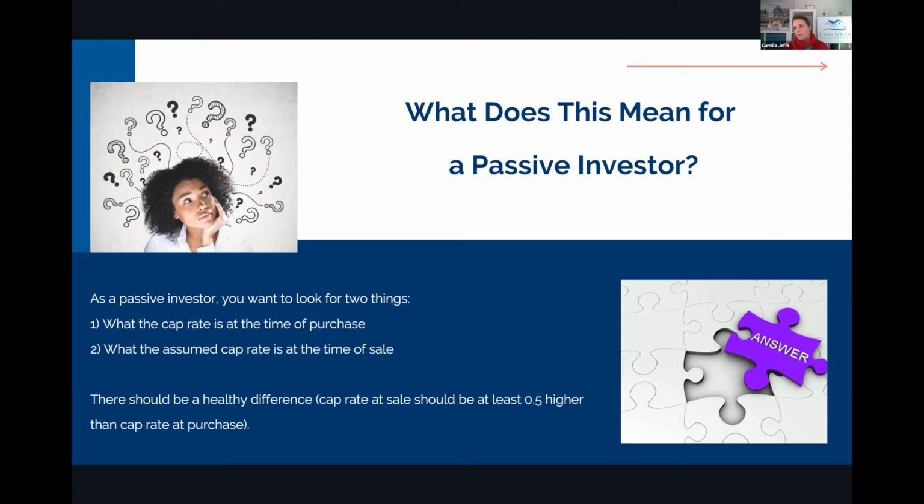And so we think that by the end of 5 years, say you bought the property for $5 million, we think it's going to be worth $9 million at the end of 5 years because of the things that we do to it. But that is also based on the net operating income and what we assume the cap rate will be at the time of sale.